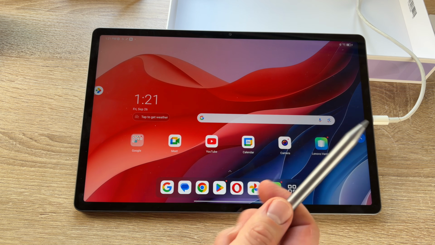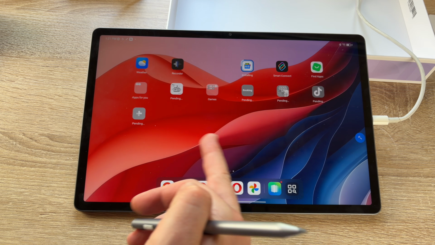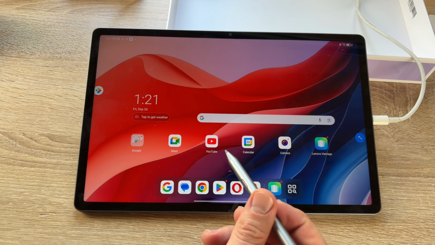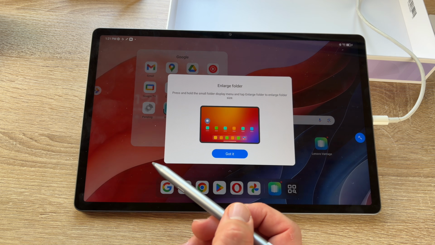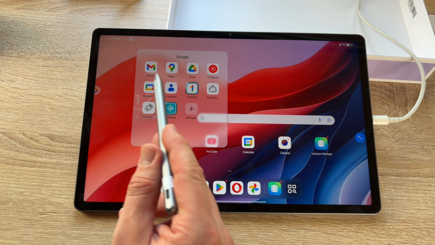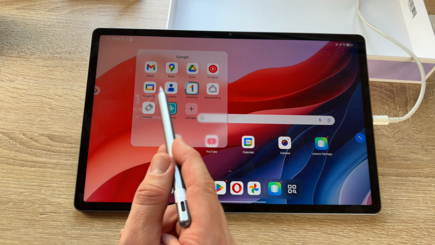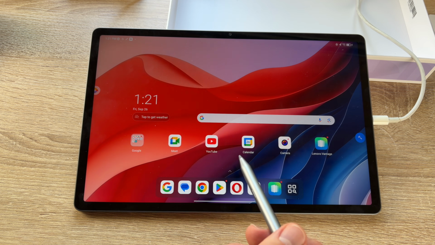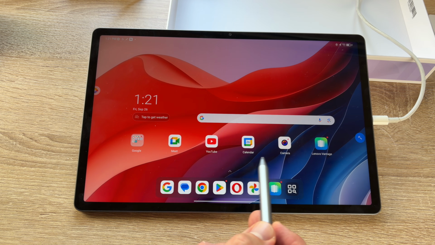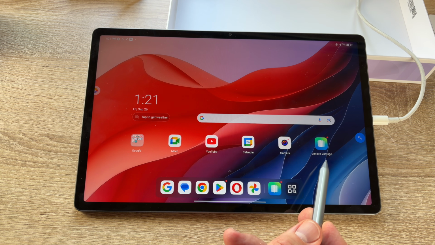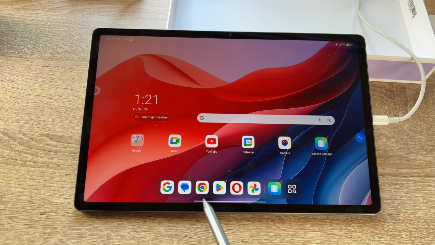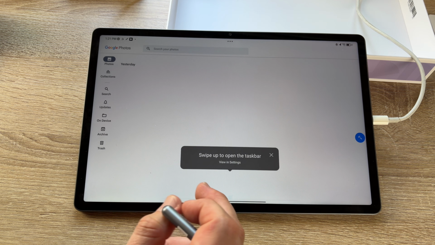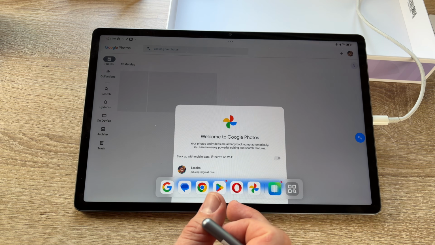And here we are now. This is the home screen. We can navigate right and left. We can see a lot of stuff here. We can see Google Maps, for example, Gmail, Drive. So we have all Google services over here. We have Meet, Calendar, the camera, Lenovo Vantage, Google Search. Here is the browser to navigate into the internet. Something else is possible, Opera here, and here you have some libraries to navigate into.